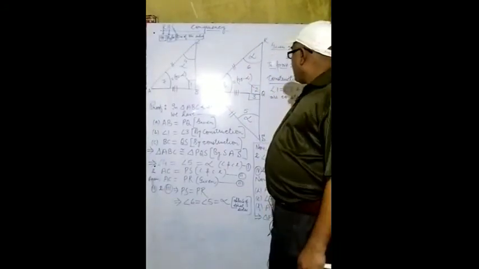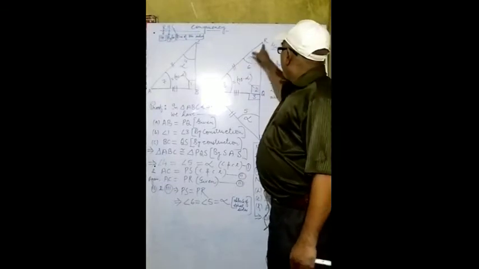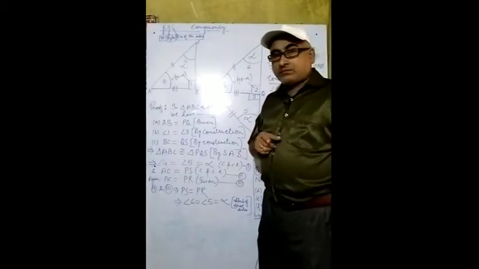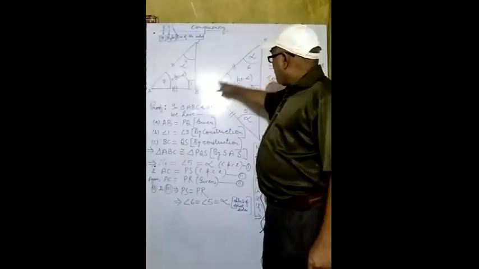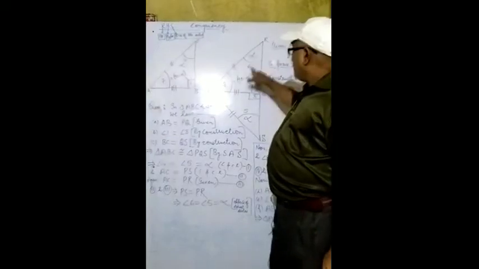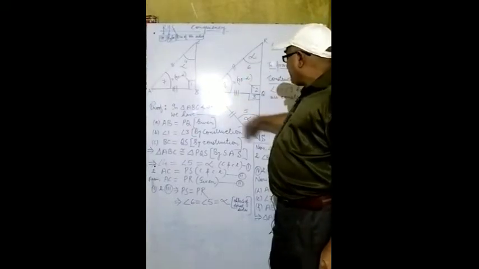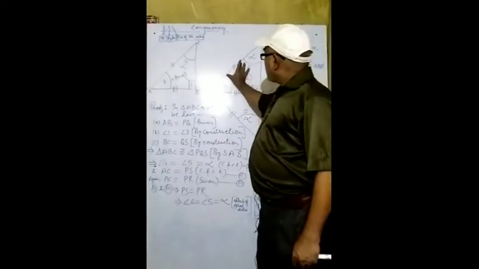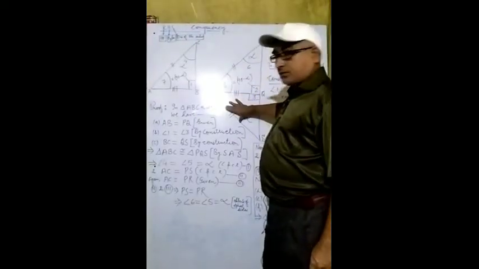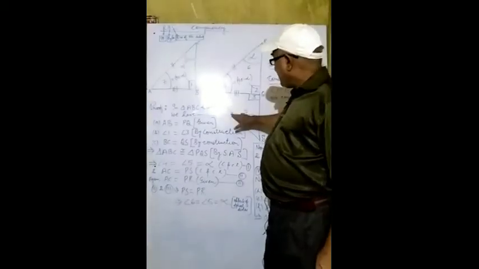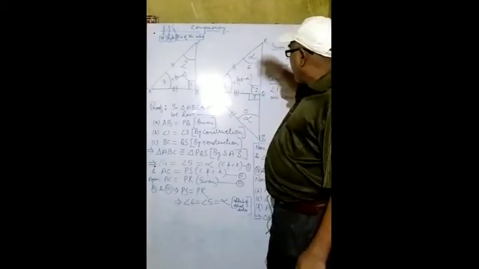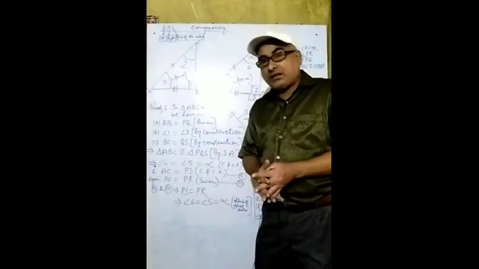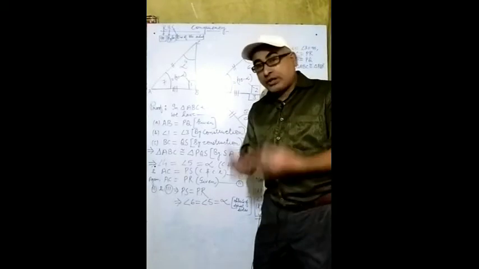Now see, is there any relation between these two equal sides of the complete triangle? Now again, this complete triangle, the whole triangle, bottom and top combined, is an isosceles triangle. Why? Because this side of this triangle is equal to this side of the same triangle. So both sides of this complete triangle are equal. If sides are equal, what about their opposite angles? Their opposite angles are also equal.